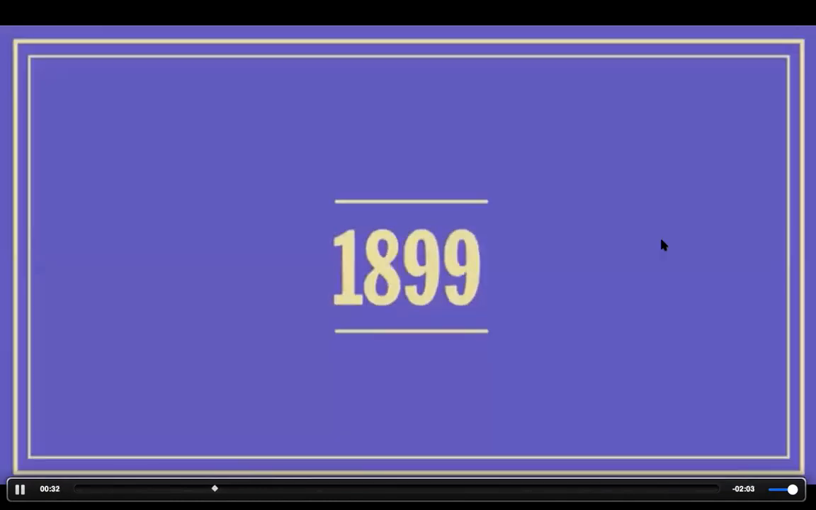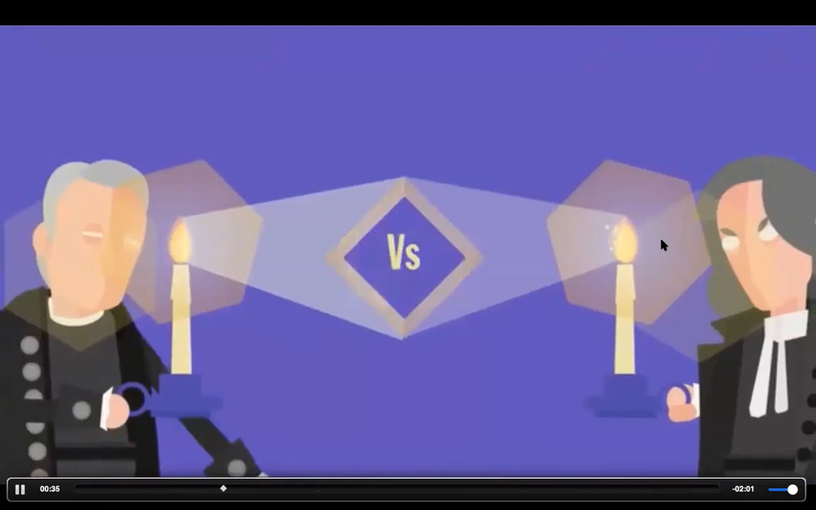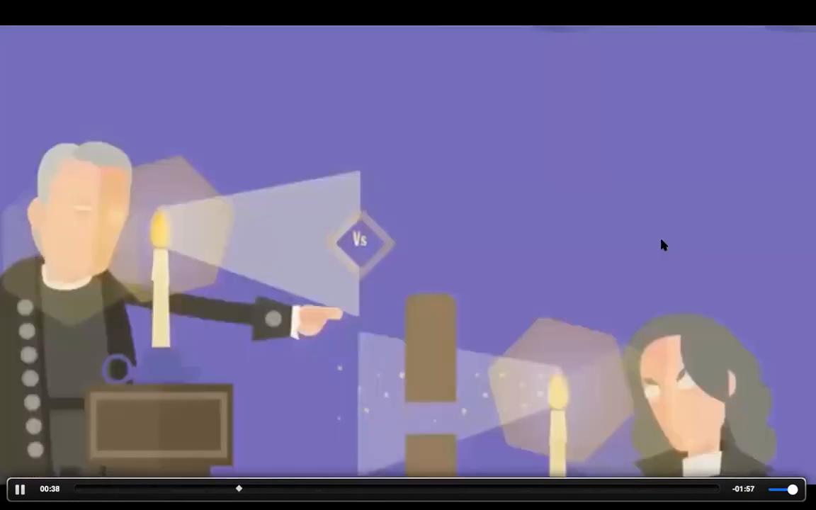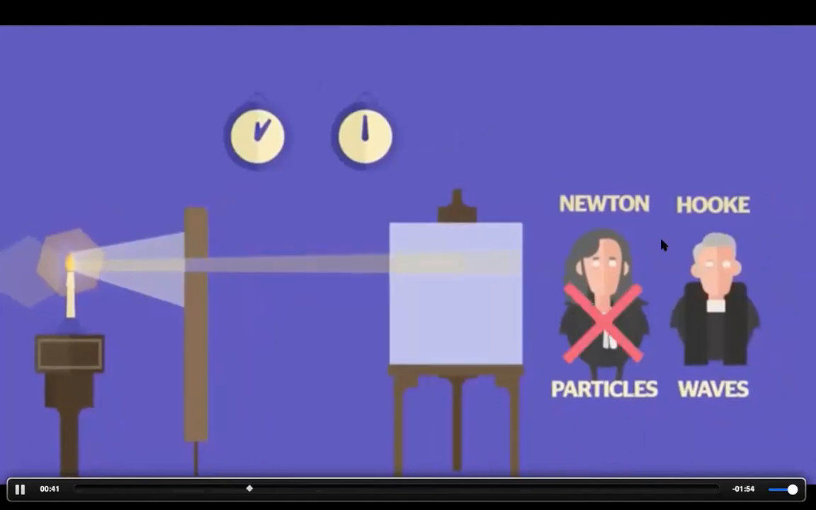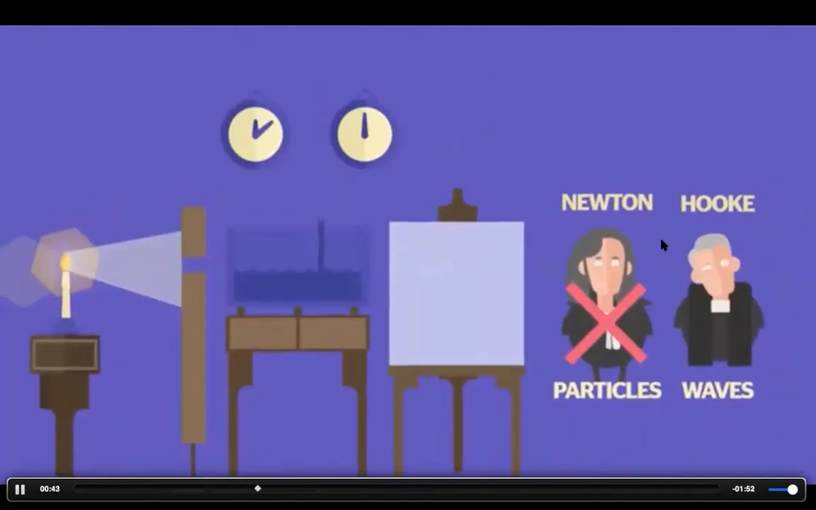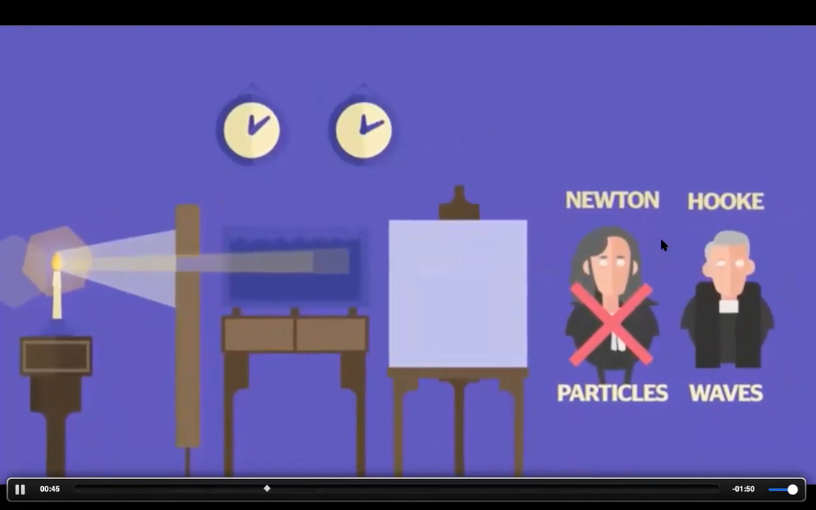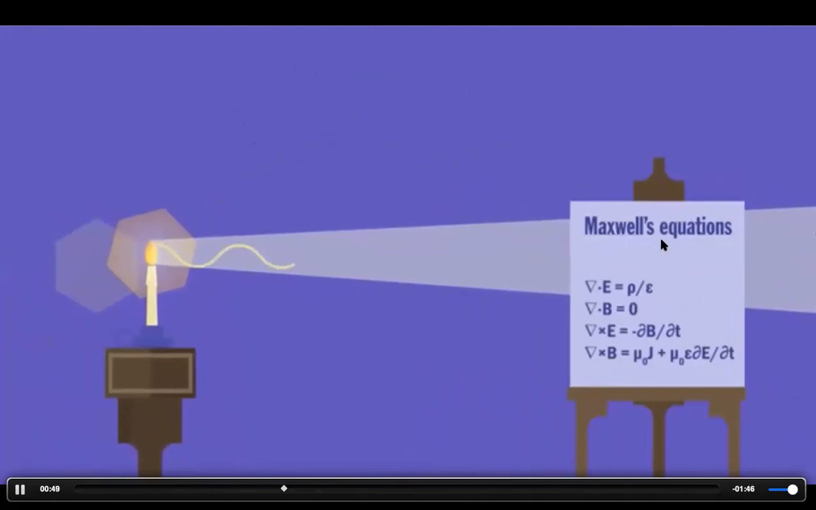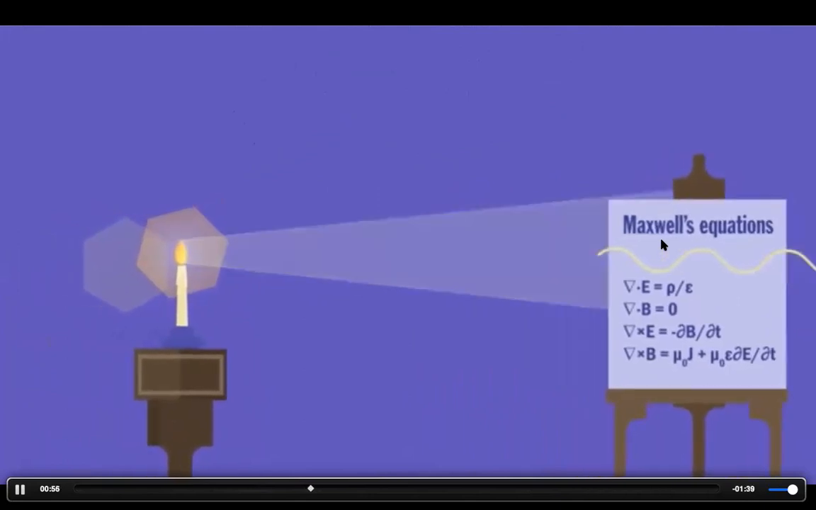Okay, let's rewind a little. Newton had thought light was made of particles, and his rival Hooke had thought it was a wave. And when technology advanced enough, some experiments proved Hooke was right. That proof, and Maxwell's equations describing light's behavior as a wave, made the debate die down, until the photoelectric effect